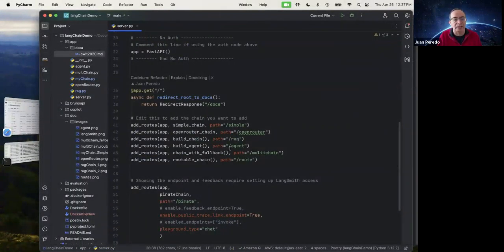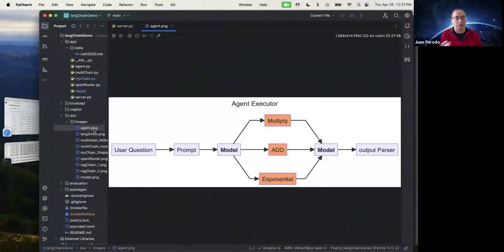So let's talk about agents now. So far we've been just talking to the LLM and it's giving us answers. How about having the LLM interact with the real world, right? So let's imagine we could have an LLM that we want to interact with our smart thermostat and turn on and turn off the light, for example, right? That's something that we could technically do. And you do that via an agent and an agent executor.